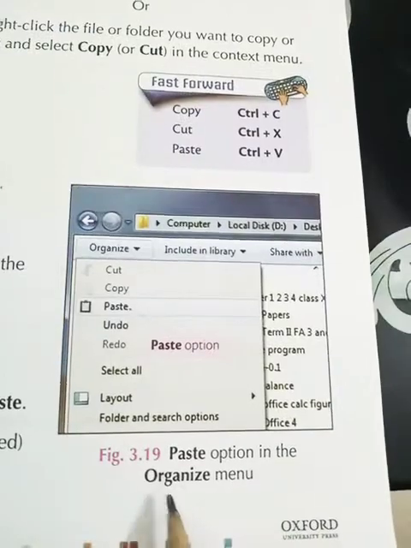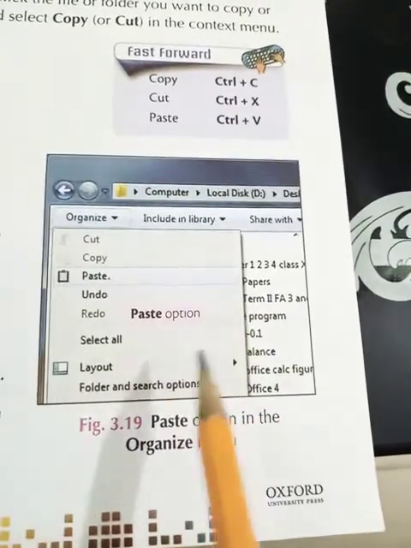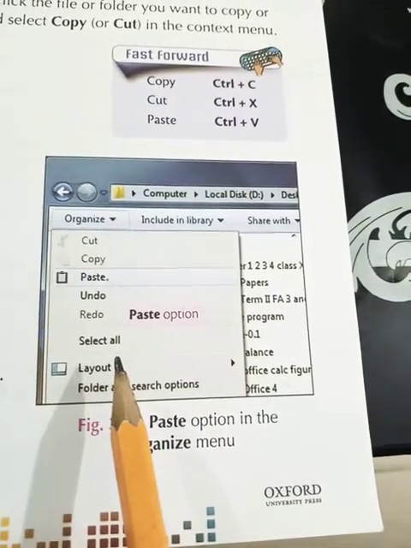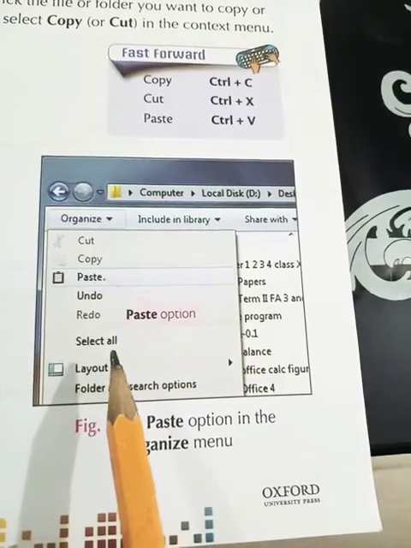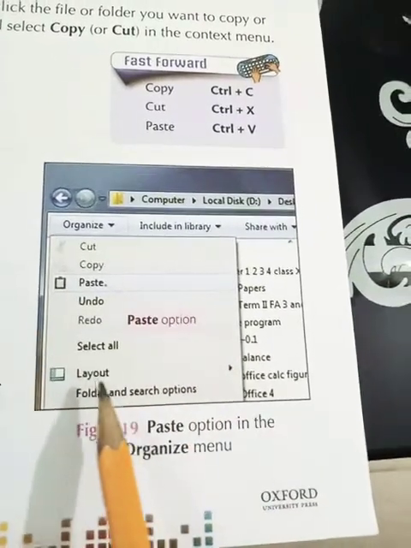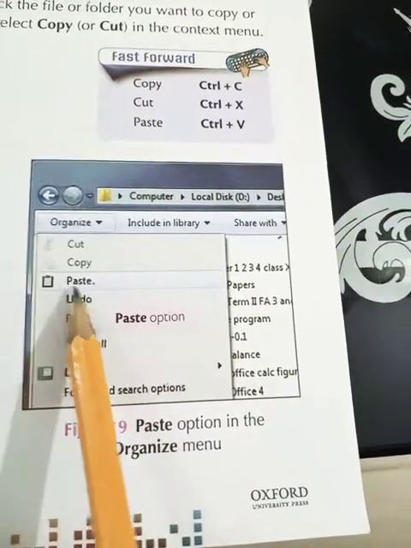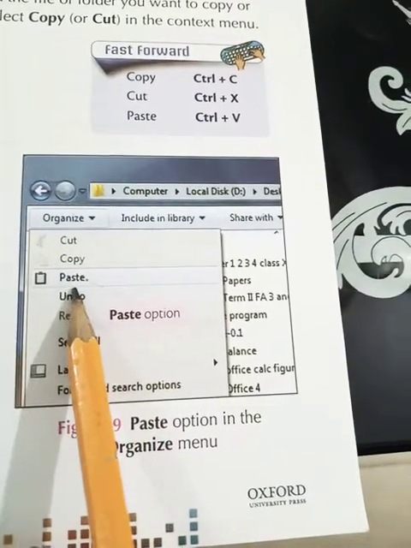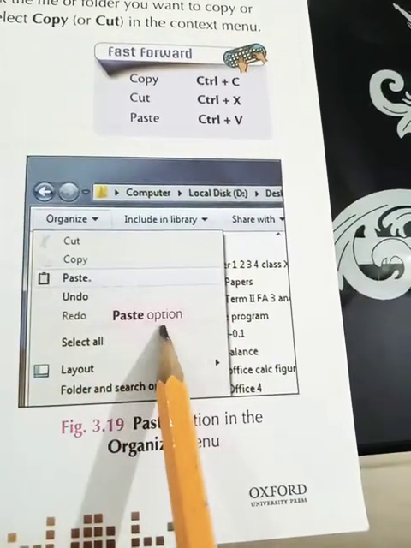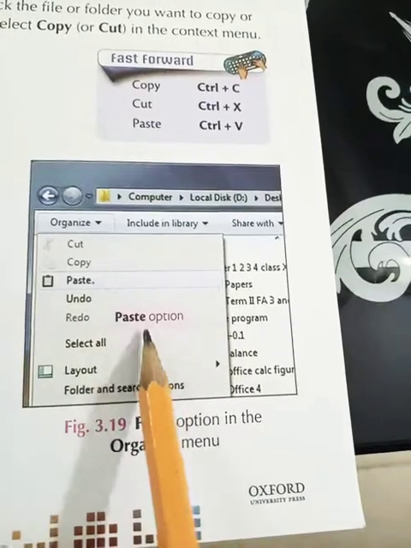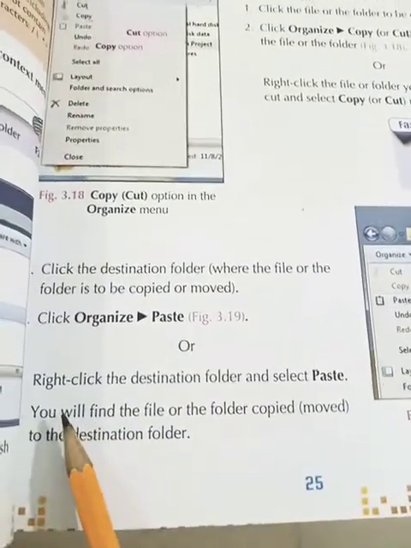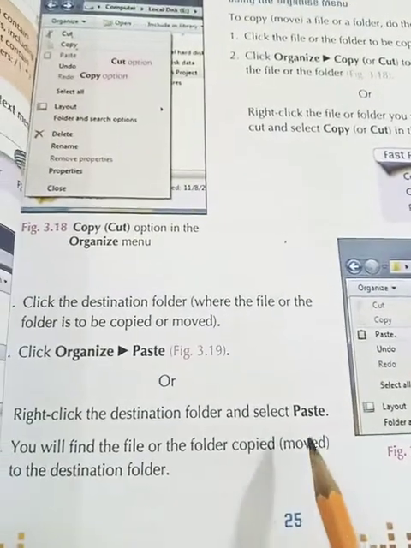This is figure 3.19. Now you will go to that place where you want to paste that file. So here when you click, the organize menu will appear and here you have to press the paste option. You will see the paste option here and you will click on the paste option. Or the second method is that right click the destination folder and select paste.